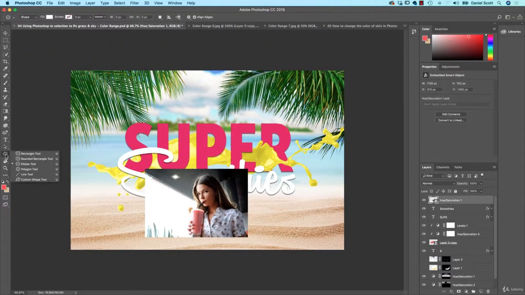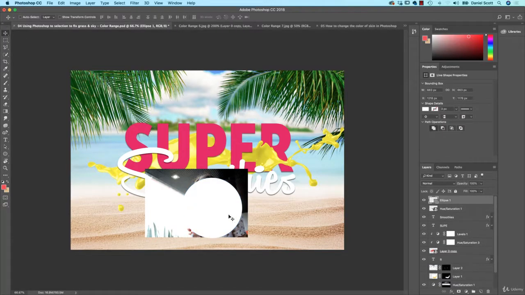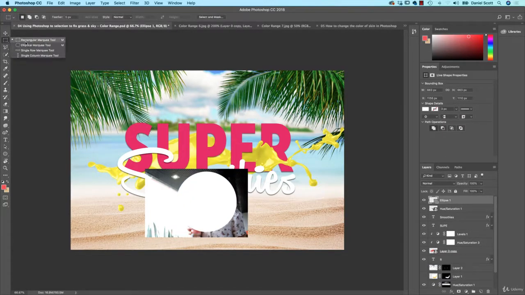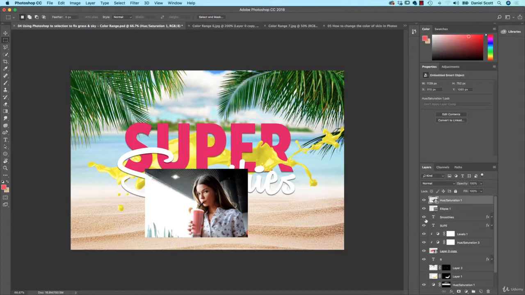I'm going to grab my ellipse tool, and I'm going to draw an ellipse around it. What I find is people tend to use the elliptical marquee tool to do round selections, but it's not what I want. It's not better. There is a better way, and this is the way. So I've got my image at the top, I've got my ellipse just underneath, and if I hold down the